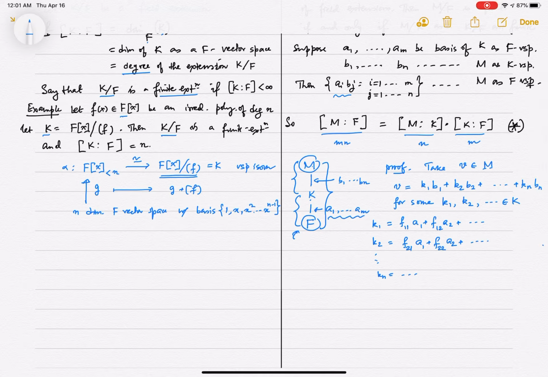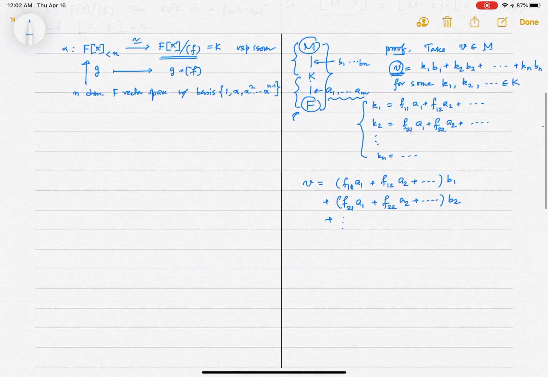Now all I need to do is write v as a combination of the AiBj's. So I take this expression for v, and I substitute the expressions for k1, k2, etc. So this will be (f11 A1 plus f12 A2 plus dot dot dot) times B1 plus (f21 A1 plus f22 A2 dot dot dot) times B2 plus dot dot dot, which if you expand is f11 A1